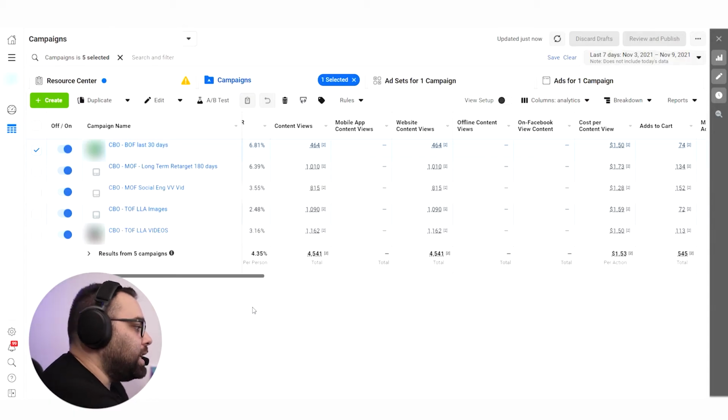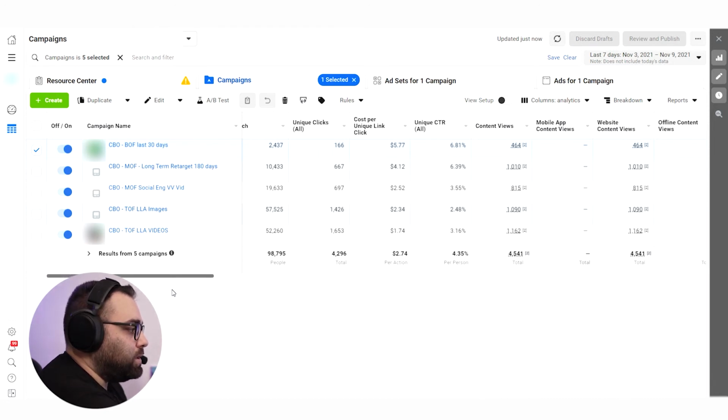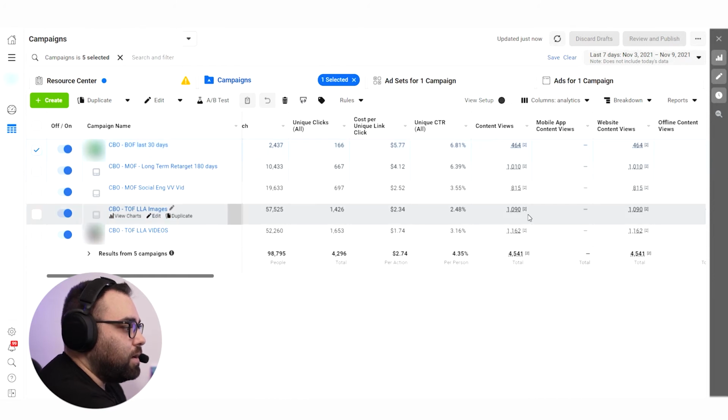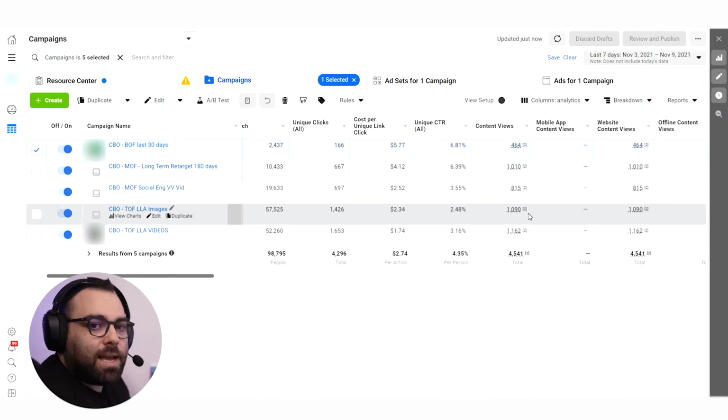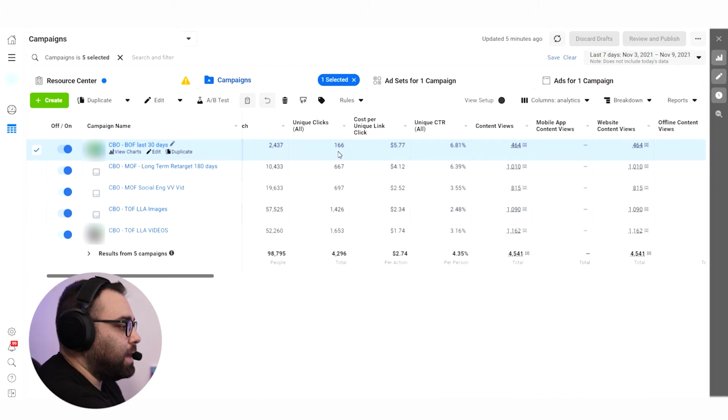That means that you can actually calculate and see, from the people that are clicking, if they are watching many of your products. And this is the case over here. Look. We have unique link clicks 166 and the content views are 464. We understand by that that the people that are clicking are watching more than one product, okay? They are watching more products because it looks like the targeting is good, everything is good, and people are watching more. And of course it makes sense because this is a retargeting campaign and the people coming from the retargeting campaign, this is also bottom of funnel, very warm traffic.